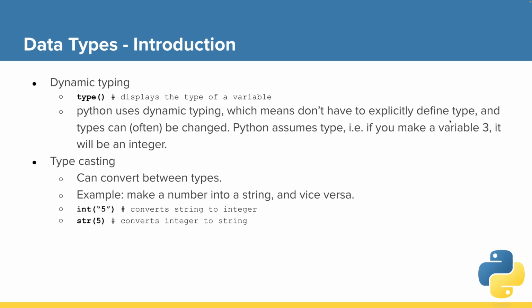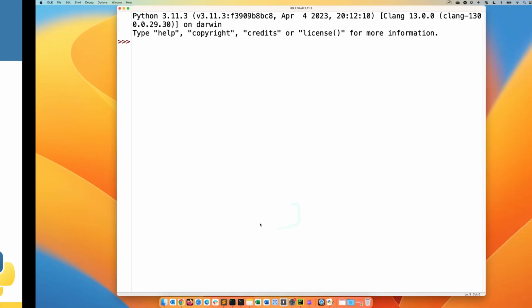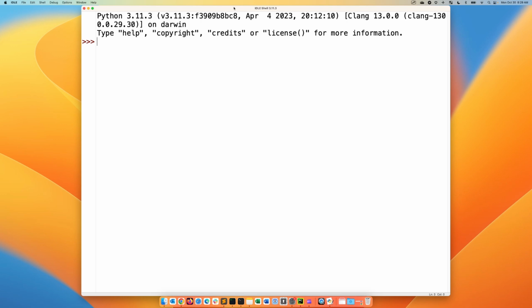We can also do something called type casting, which is converting between types. For example, we can make a number into a string and vice versa, as we see here. So let's go over to IDLE, and